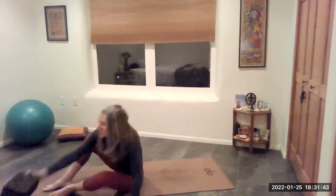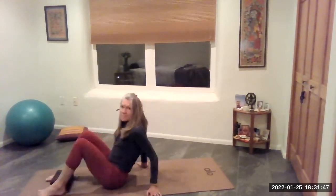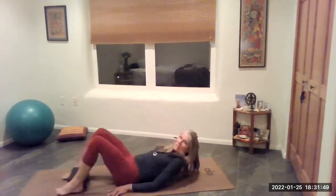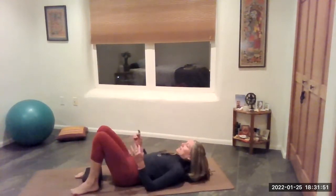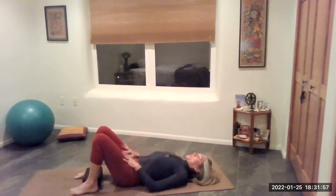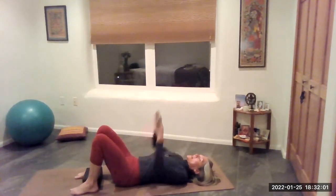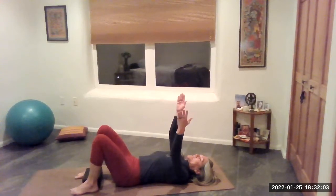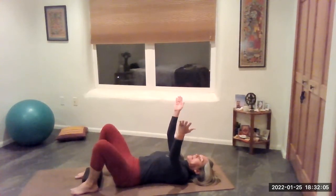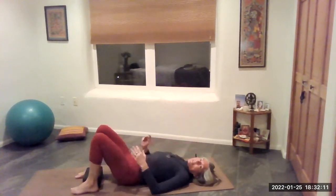And you can use bridge with a block again for that feedback. Lowering down, walk the heels in, especially in bridge pose and or Virasana when we go up into a full back bend, upward facing bow. A lot of people just kind of roll the inner legs out, the knees will kind of widen out, and you roll onto the outside of the feet. So again, this builds that